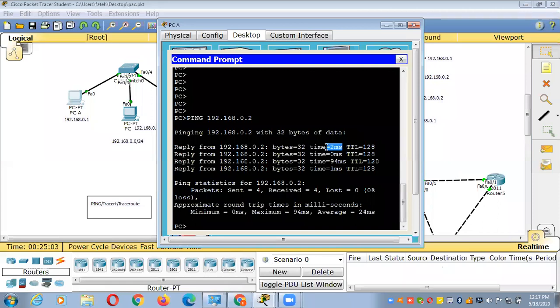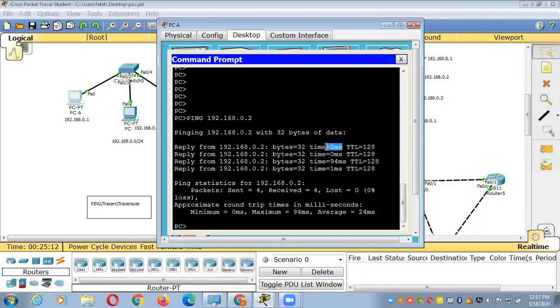So what is the solution here? If the delay is in your network, you have to increase the bandwidth of your internet. Or maybe it is possible that a user has opened YouTube or Facebook. That is the reason the delay comes here.